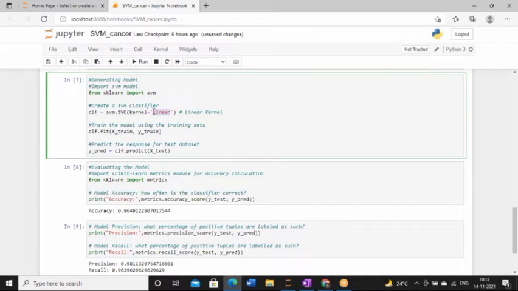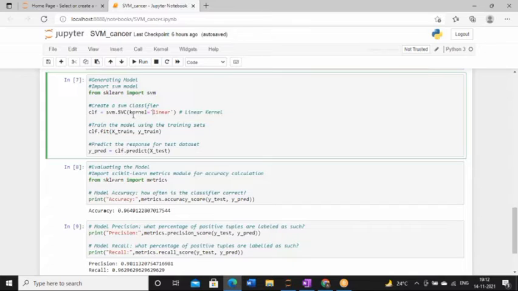You can ask me why I have used this linear kernel. It is just a trial. I tried different kernels, checked the accuracy, and here I'm just using the linear kernel. But for you all, once you get this code, check the different kernel types and see how the accuracy differs. So this is the first step.